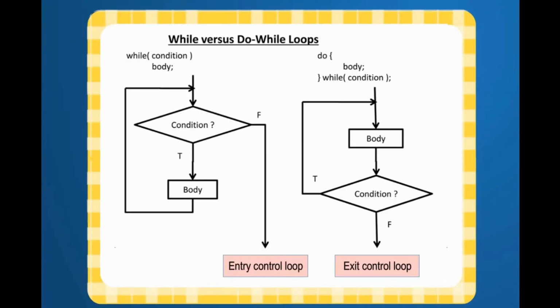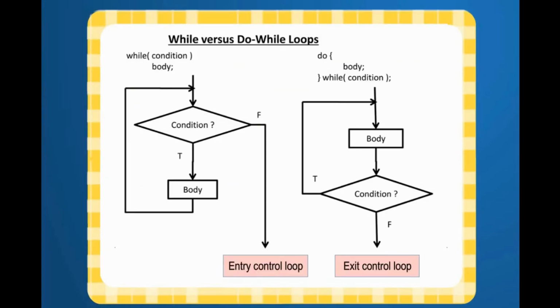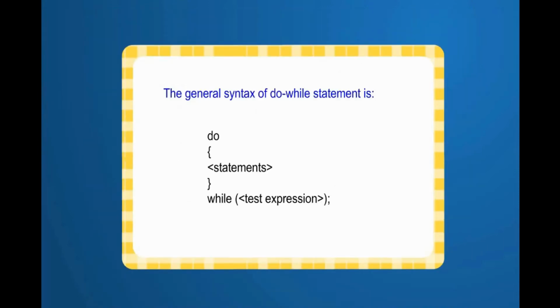Do while loop. Unlike the while loop, the do while loop checks the test condition at the end of the looping block. The statements which appear between the do and while keywords are executed till the condition stands true. The general syntax of the do while statement is do { statements } while (test expression);